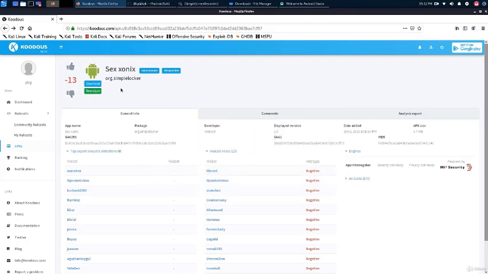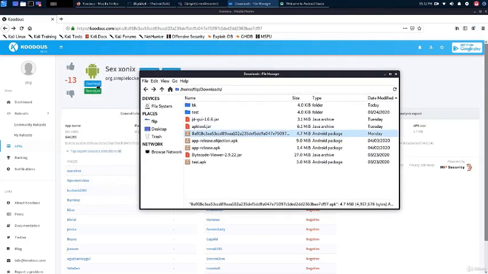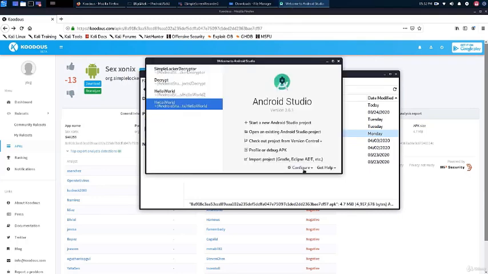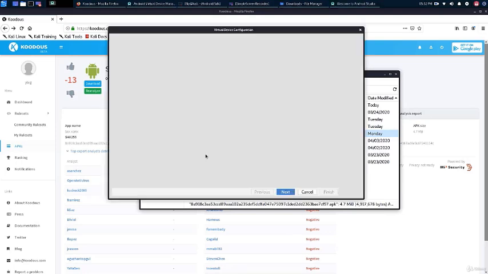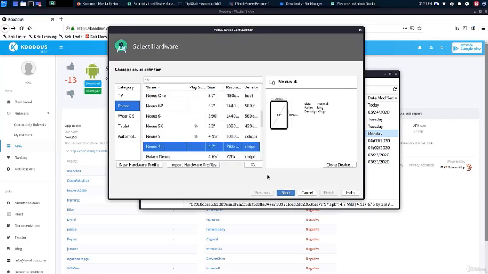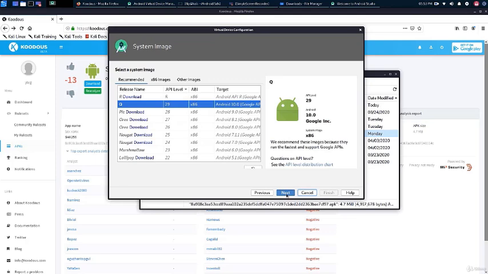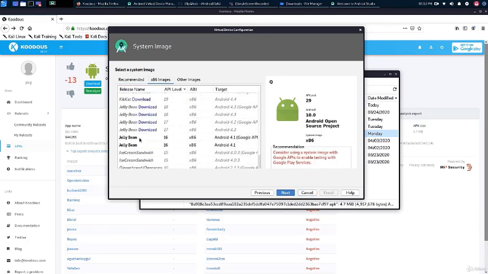Okay, back to Kudos. Kudos has this cool functionality where you can download the APK samples. So here we just downloaded this SimpLocker sample. But before we do anything else, let's create an emulator. So we're going to create an emulator that's an old Android version. The reason being that this malware is old, so just in case it didn't handle any permissions or anything like that, let's just be safe and run it on an old emulator. We already have a version 16 emulator configured, so let's work with that.